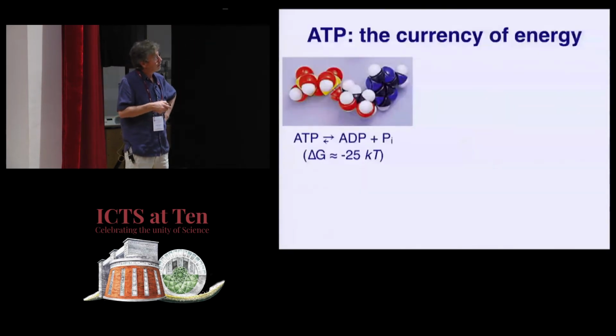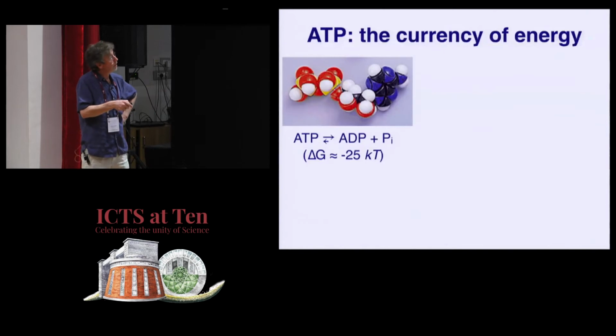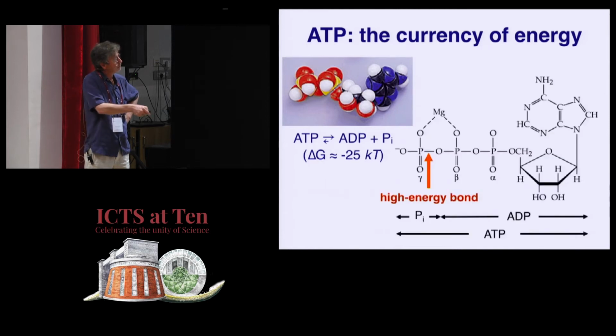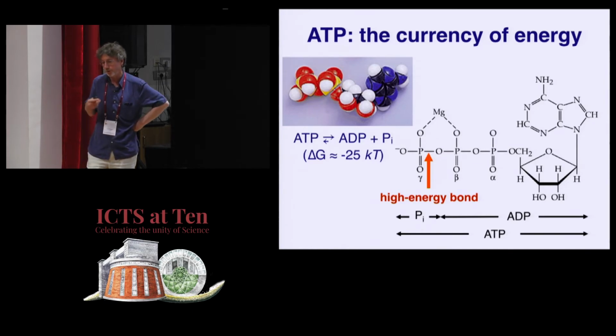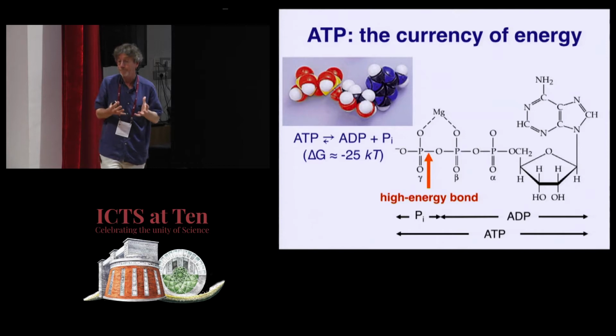Okay, and let me say that the energy currency here is ATP, and it's the hydrolysis of the gamma phosphate bond which is driving motility, and each hydrolysis event gives about 25 kTs of energy. So depending on whether you think of the glass as being half full or half empty, it's a lot of energy. It's much larger than kT, but it's not that much larger than kT.